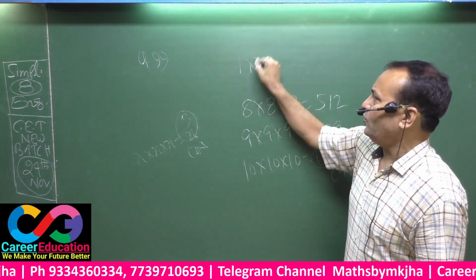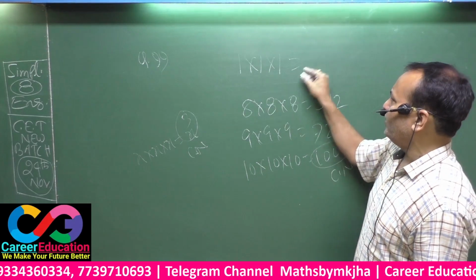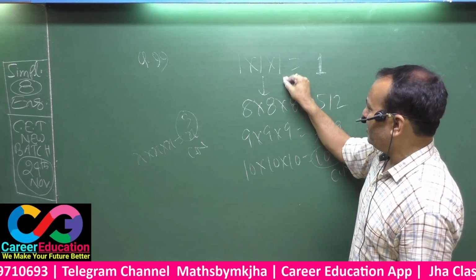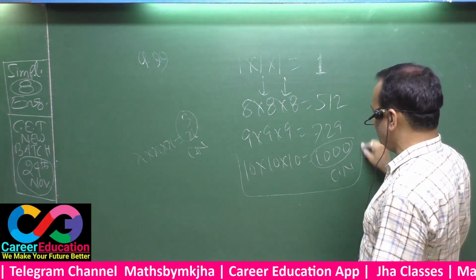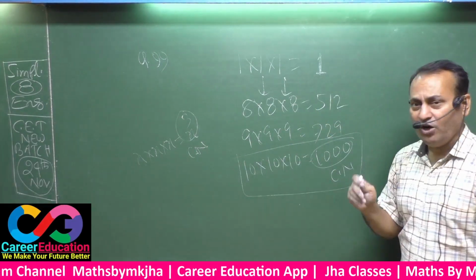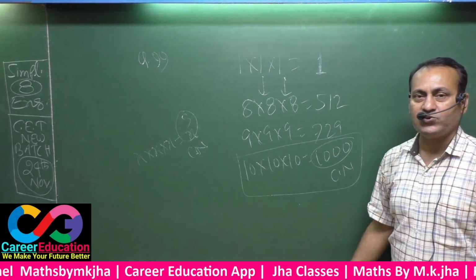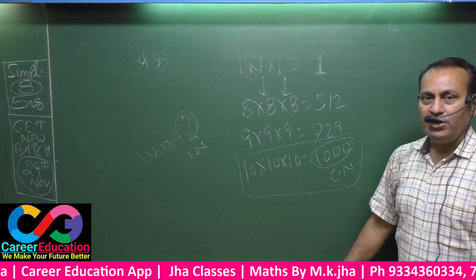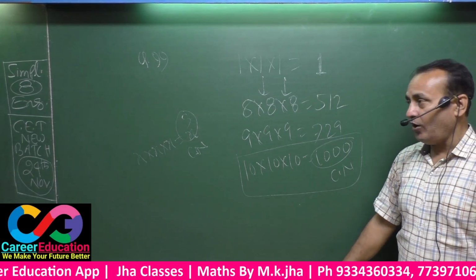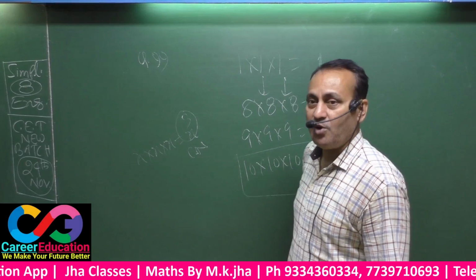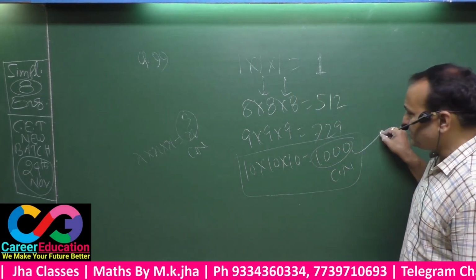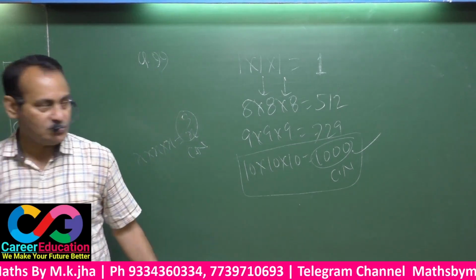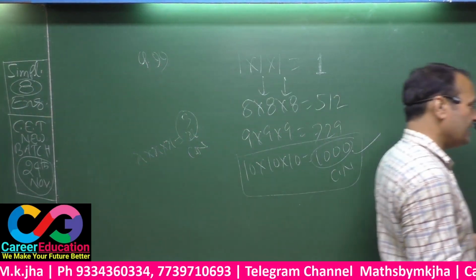That means you were in the process 1 into 1 into 1. This is a cube number, certainly. And similarly, you went up to 10 into 10 into 10. Only then you got a 4-digit perfect cube number. That means you may say here 1,000 is a perfect cube number of 4 digits, the smallest number. This is your final answer. Note down. There is no other way to solve this question. You have to have such manners all the time.